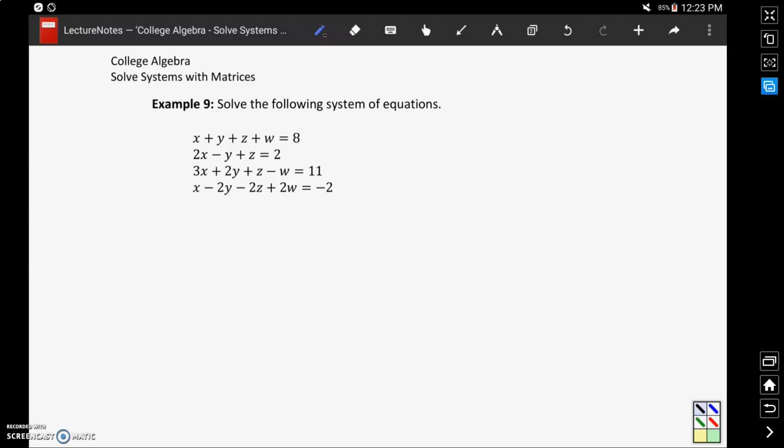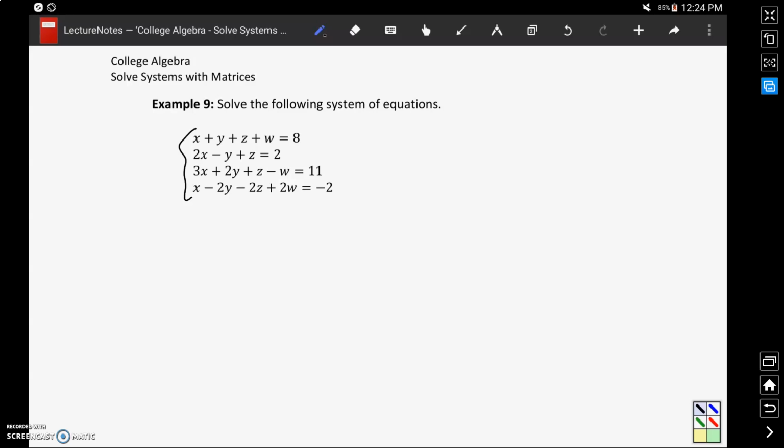A reasonable question to ask is why we need this matrix-based method for solving systems of equations. Previously, we've talked about substitution and elimination, so why the need for a third method? Well, one reason is that for a system like this one, where we have 4 equations, we would have to